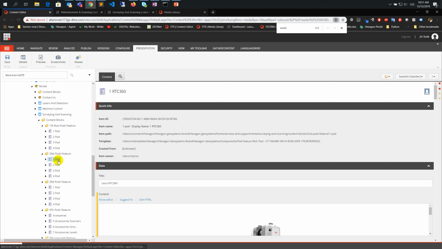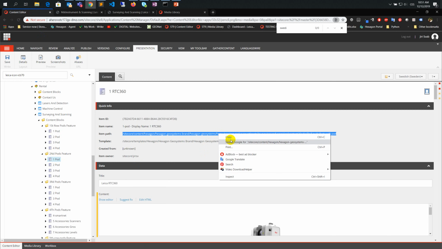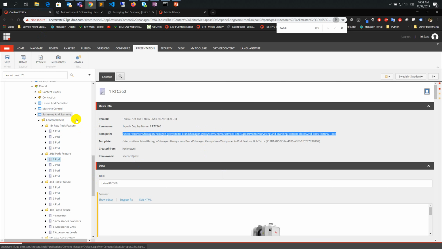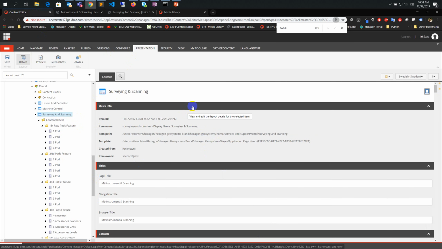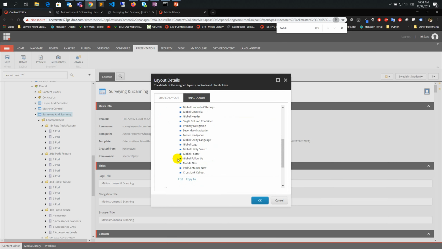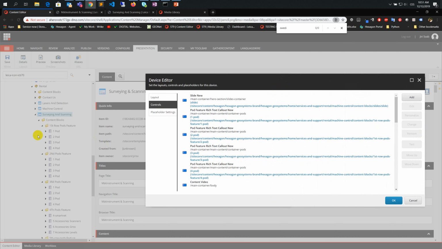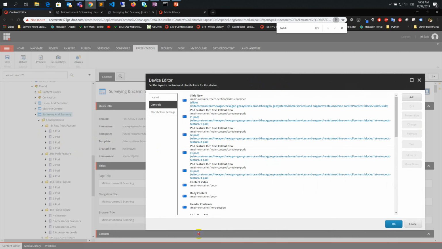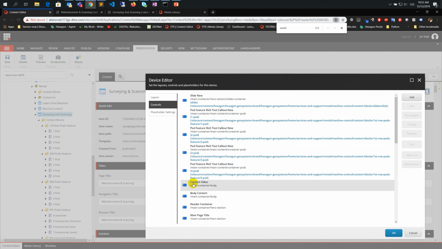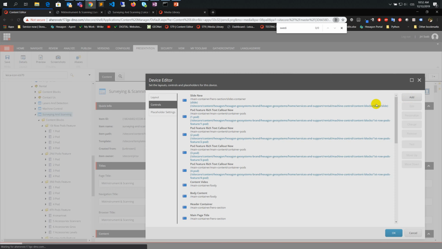So from the second row, first pod, check the item path, copy that, going to survey and scanning, presentation details, final layout, click on edit, controls, and here just maximize the window, maybe make it a little bit bigger, right? So we still see this tree structure, make it also the height. Okay, so underneath we will just add the link for the second pod's feature folder, first pod. Okay, so click add here,